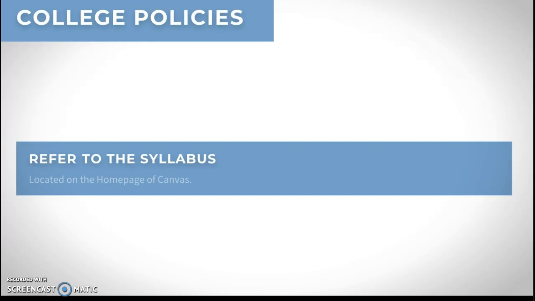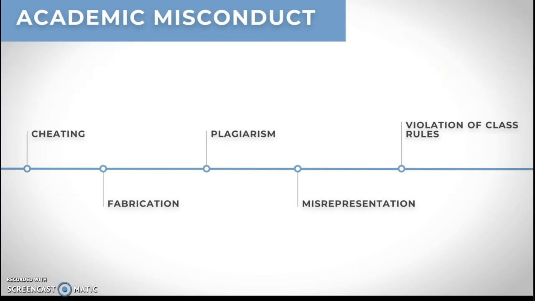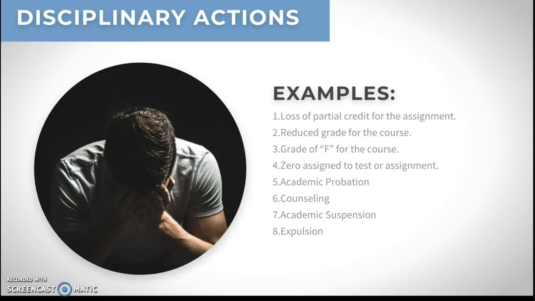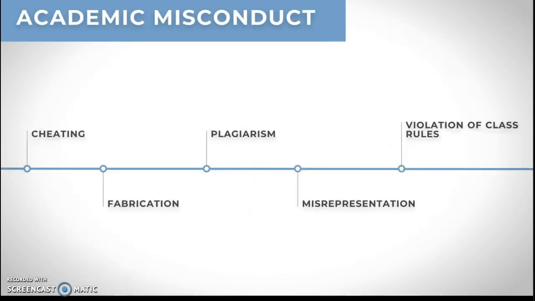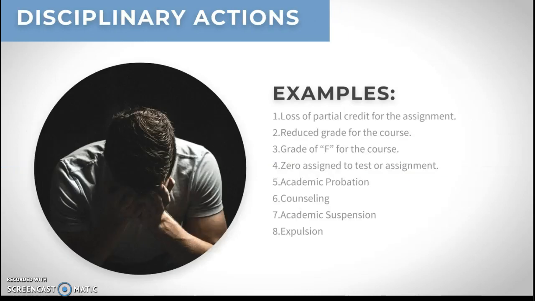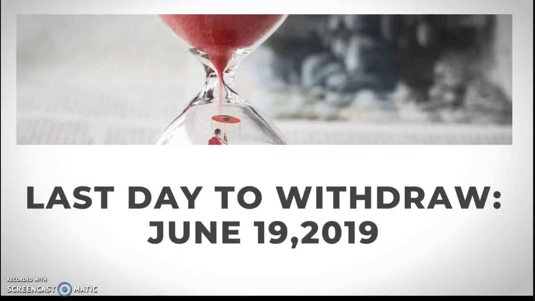And then for the college policies, just refer to the actual syllabus that is on Canvas, okay? It'll show you what is academic misconduct, and then what I would be able to do if you do any of this. This is what I could do. Hopefully we won't have to do any of that. This is an important date. Hopefully none of y'all will have to withdraw, but if you do, the last day to withdraw is June 19th,